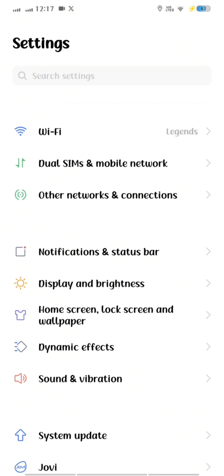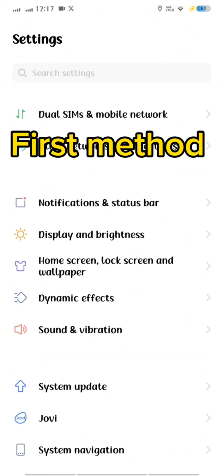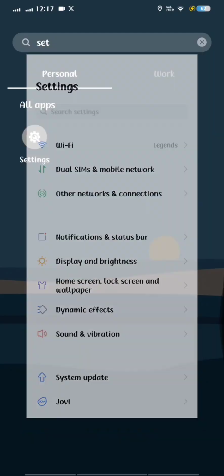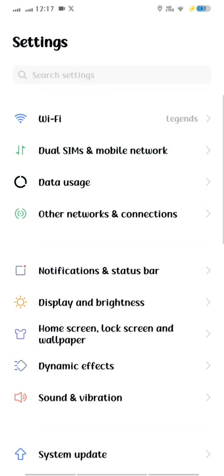Okay, let's begin with the first method. We create dual apps on your Android phone using your setting. So we are in setting. So let's get into the first method. First go to the setting option and then scroll down